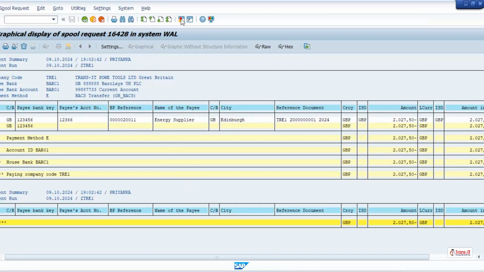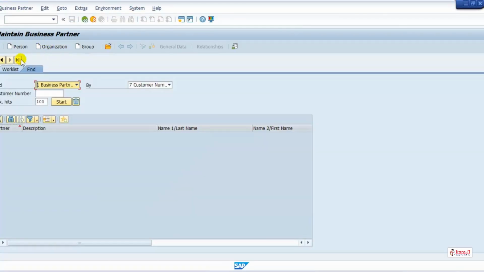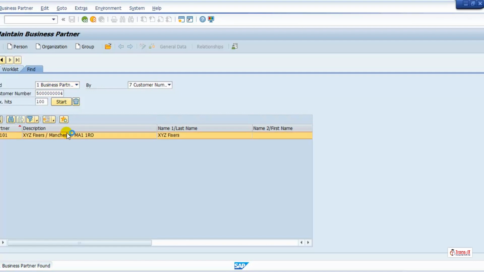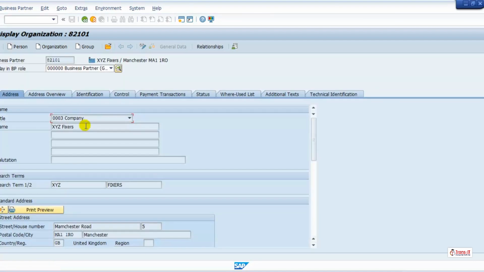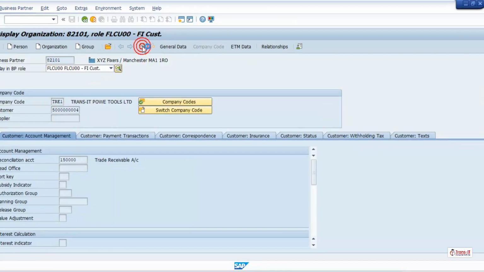Now open new session and enter BP, press enter our customer, then click on start button, double click on it. Now change your BP role to FLCU00, click on company code, then change button,